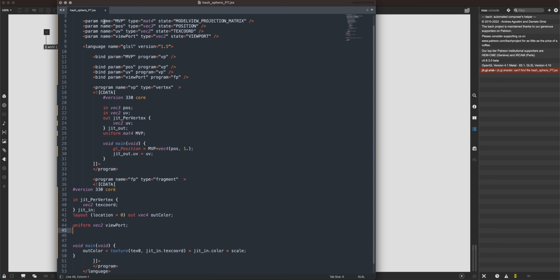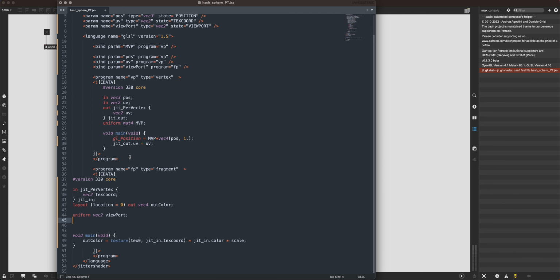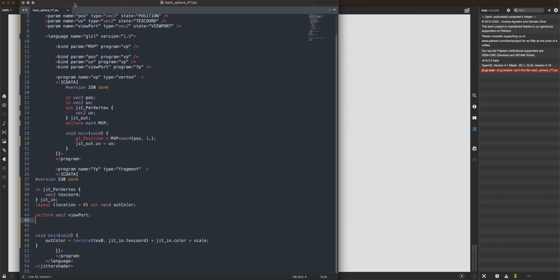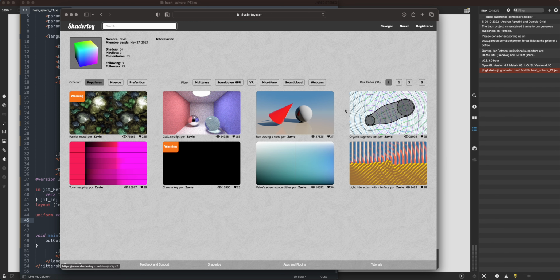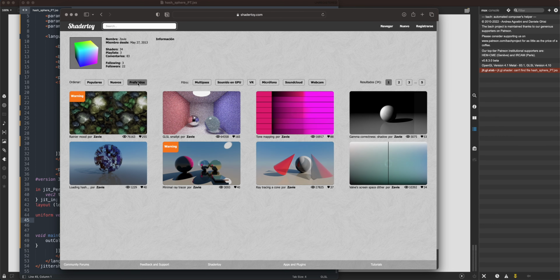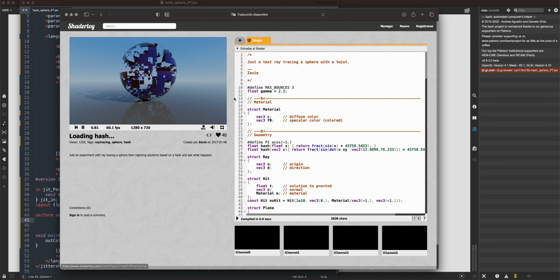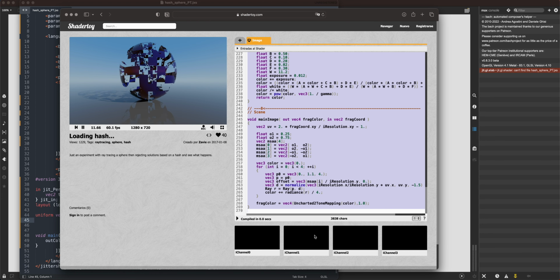Like I said, we have our shader already ready to port the GLSL shader from Shadertoy. We're going to look for the image. It's an image from the user Zavie. If you go here, you have all the shaders from this user. Okay, so copy all this